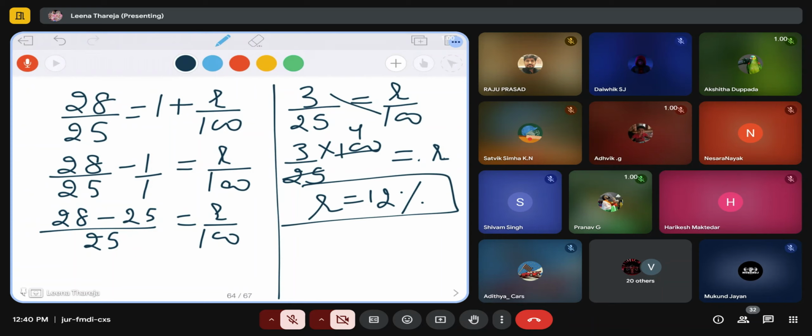Now the second question: they are asking us to calculate the amount at the end of the third year. There are two ways to do this question. Can anybody tell me what I can do to calculate the amount? Ma'am, we can directly get the amount because we know the principal, the number of years, and the rate of interest. If I am asking only for the third year amount, what principal will you take here? Ma'am, the amount.